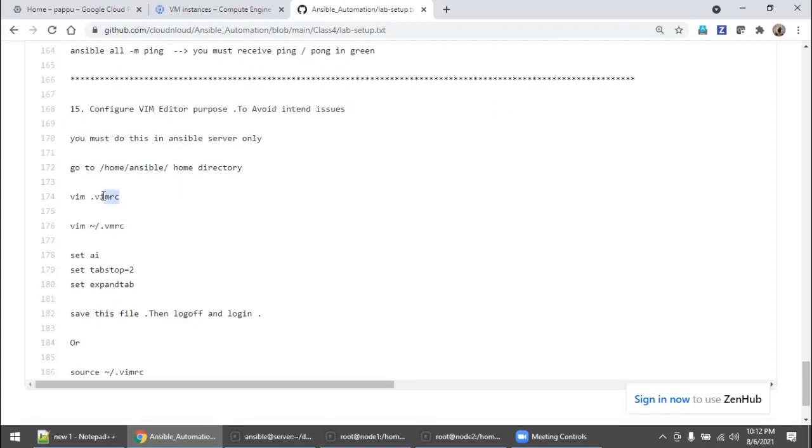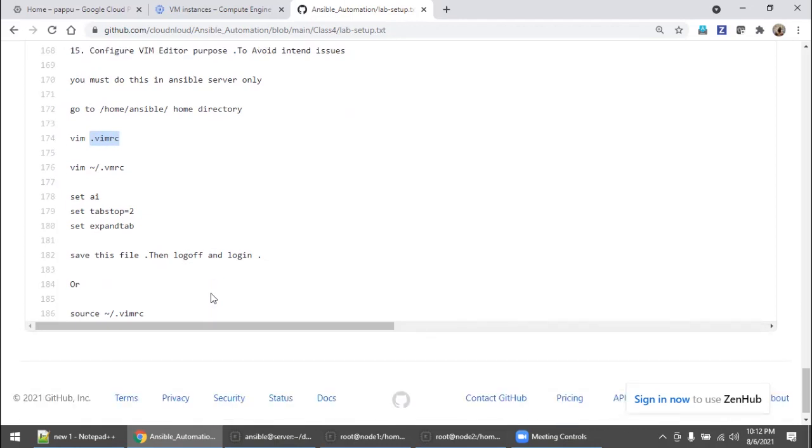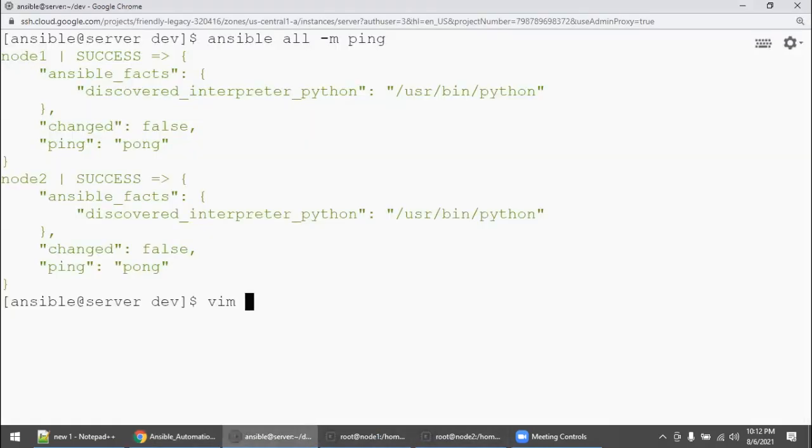You need to create a vimrc file, right? Because while creating a playbook, you need to type, and while typing, maybe it's a human error, right? Instead of one space, people will give two spaces. Instead of one tab, say for example, I am going to create vim test.txt, right?